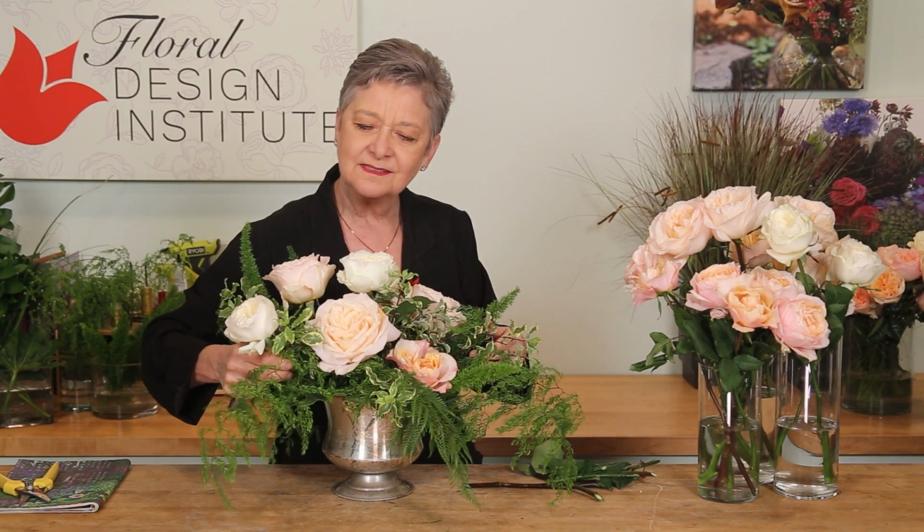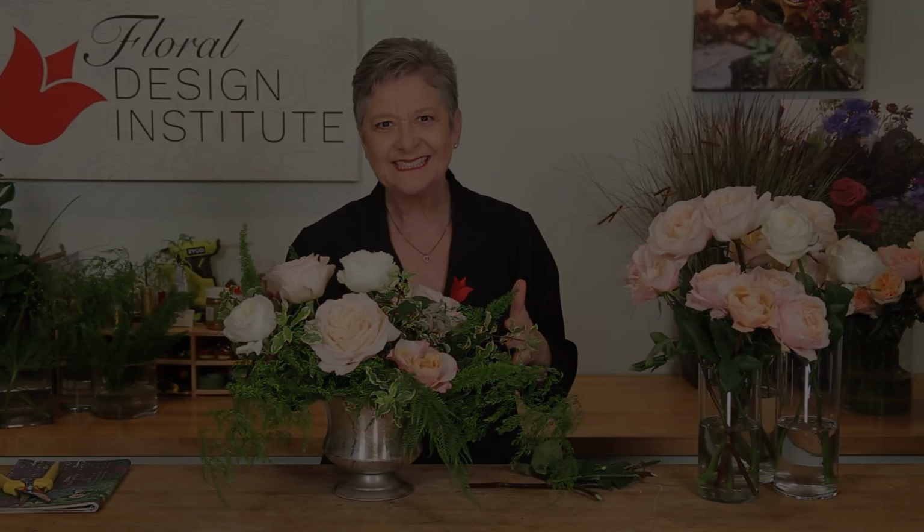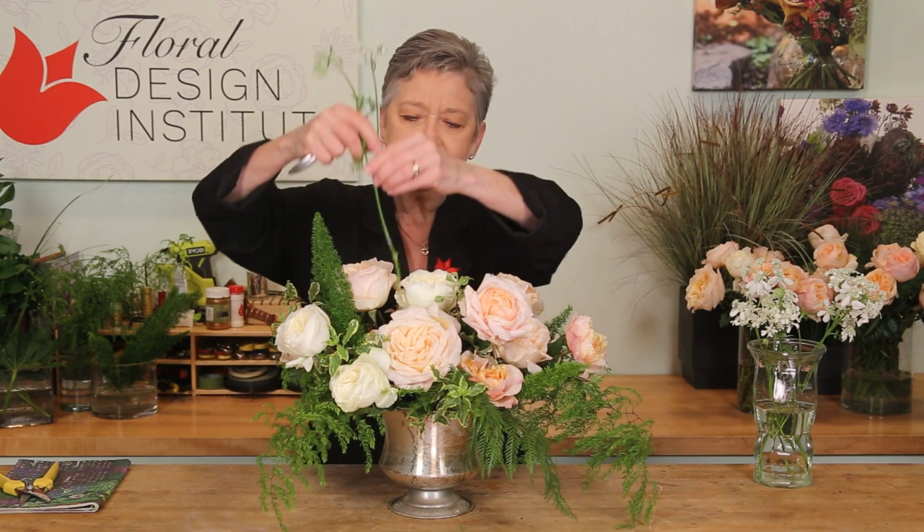And as I place, thinking about bringing them into that central binding point, some a little longer, some a little shorter, but always radiating to create a full round arrangement. As you finish, look around, see where you might want to add a little bit more. Maybe another of the meyeri, adding some depth, maybe a little bit of texture from orlaya, letting it come in,